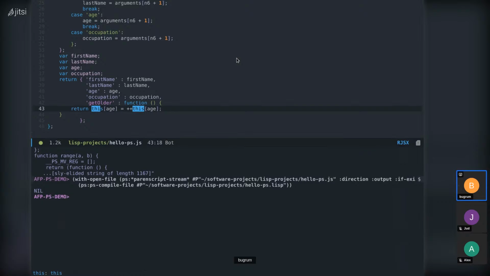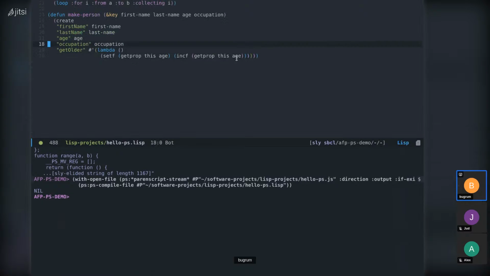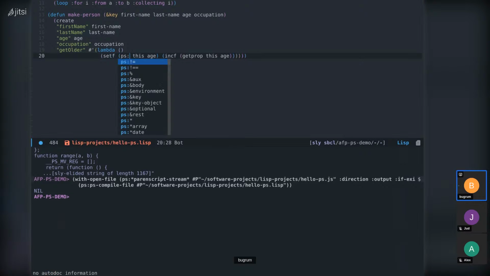Like for example, our get older function here is clearly appropriately calling out to. Oh, it looks like I have a typo in my generated code. Okay, give me just one second here. I made a mistake in my other Lisp code, and this is treating it as an object lookup rather than a dot notation. That can easily be fixed. Here, the get prop, I have to use ps at